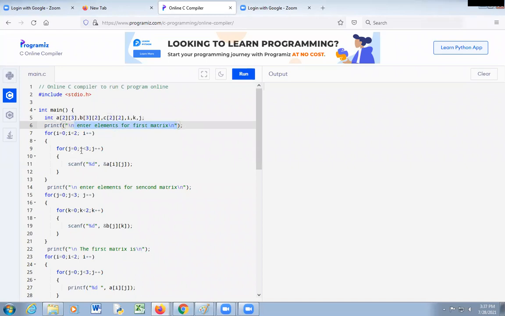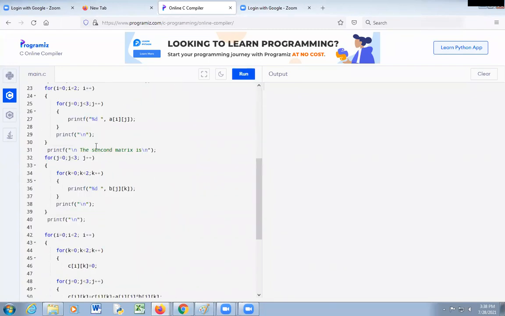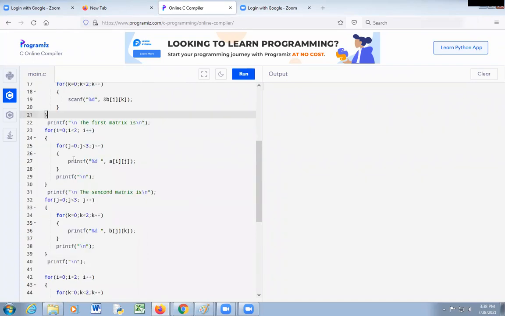For J equal to 0, J less than 2, J plus plus. Scanf percentage d, A of IJ. Similarly, enter elements for the second matrix. Then display the first matrix. Okay, then code to display the second matrix.